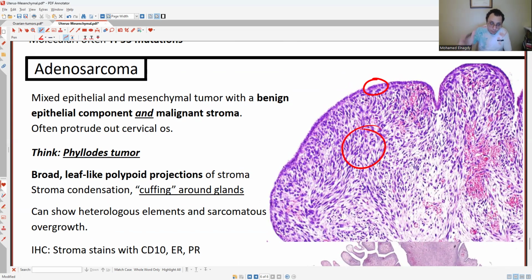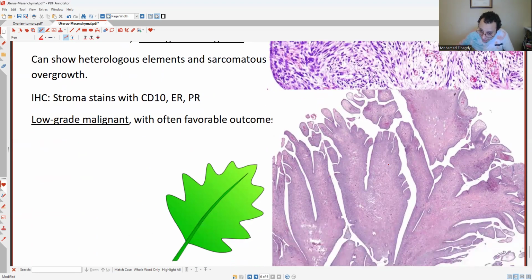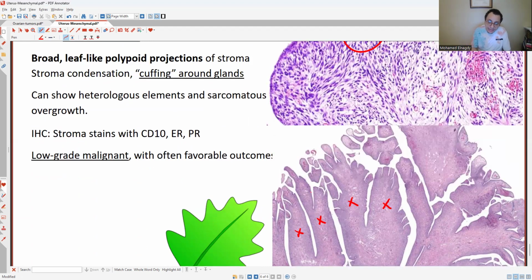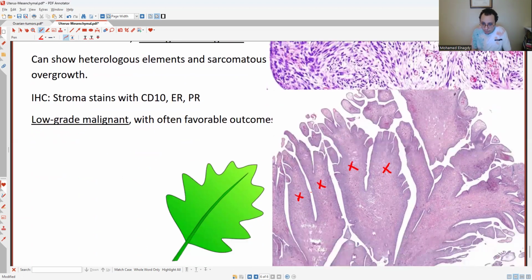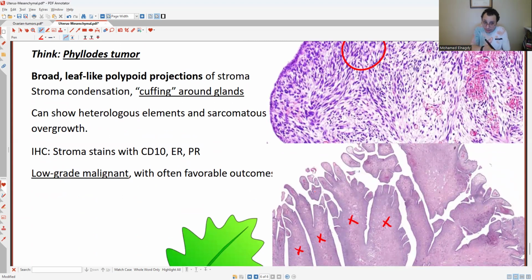You have mesenchymal component and epithelial component, and it shows these leaf-like polypoid projections, which are entirely filled or stuffed with stroma, like a sandwich. It's filled with stroma. So broad, stromal leaf-like polypoid projections, which look like the phyllodes tumor,